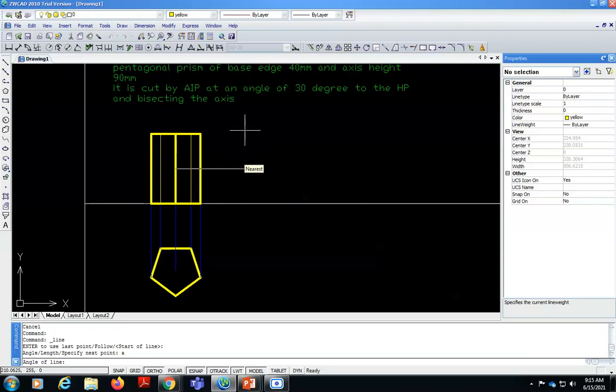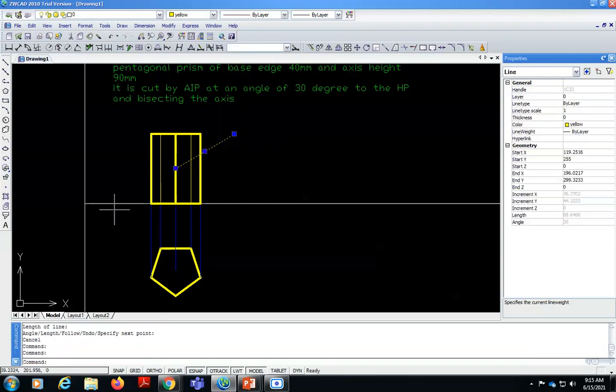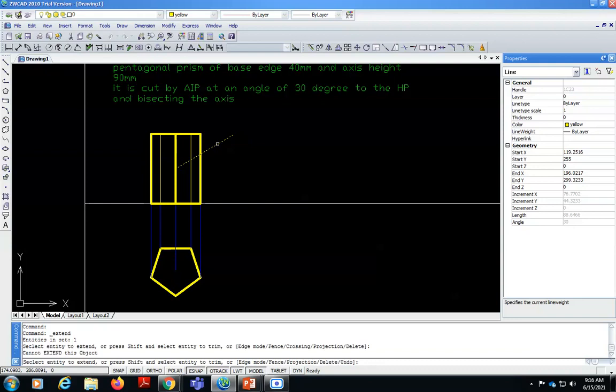So the angle of the line is 30. Keep the ortho option off. Draw any random line. Here it is. You can extend it towards the base. Use the modify toolbar to extend this line. Extend. Select the entity to be extended. So this is the line to be extended.